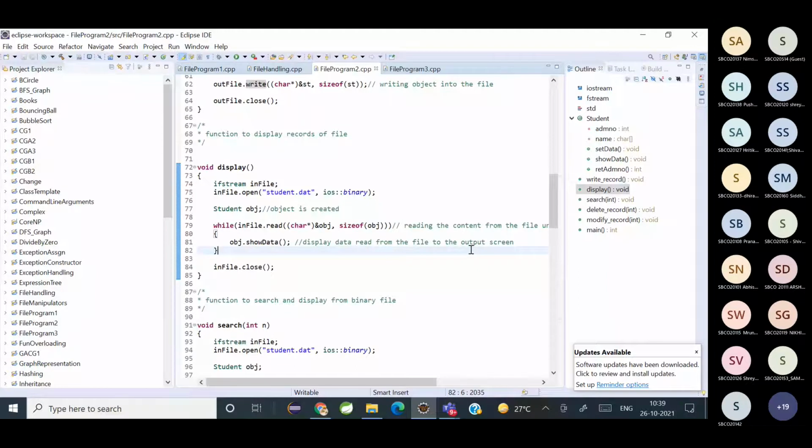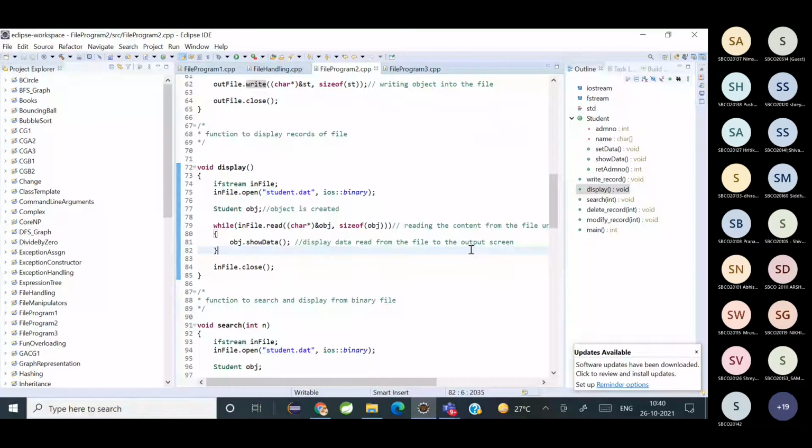Binary. Okay. So next, line number 77, we are creating an object of the student and we are reading the object from the file with infile.read. That means while it is true, while you have contents to read from the file, you will read it, and the object that is read from the file, you call object.showdata.